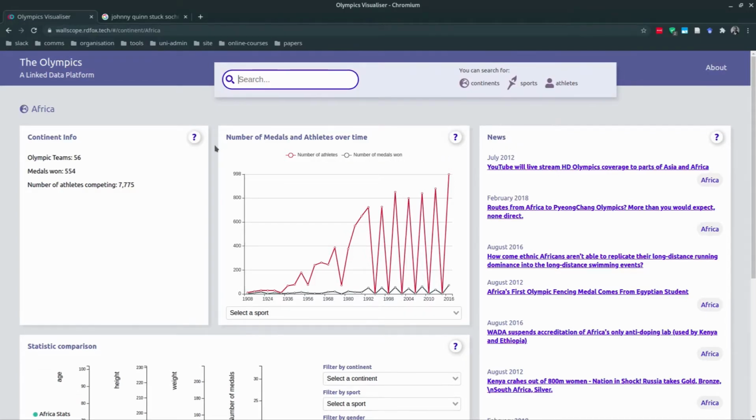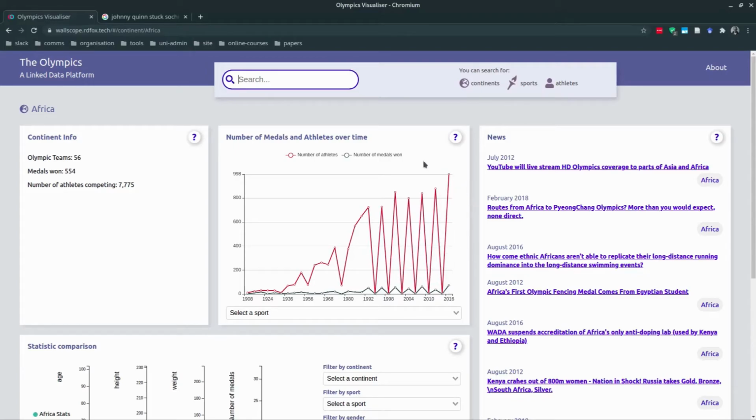The huge spike seen in the number of athletes and medals chart reflects the different Olympics, summer and winter, with fewer African athletes competing in the Winter Olympics. The red line is the number of athletes and the darker line is the number of medals. For example, in 2016, there were 1,000 athletes from countries in Africa, and in the Winter Olympics in 2014, there were only 5 athletes representing African countries.